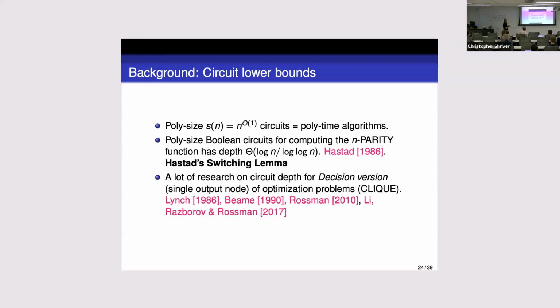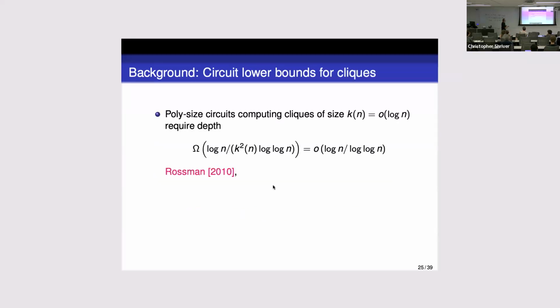Annoyingly, though, trying to prove similar bounds for interesting problems like independent sets or its mirror image like clique turned out to be pretty difficult. But there was a series of progress, and I'll tell you here the state-of-the-art result that says that polynomial size circuits that compute cliques of a particular size, it happens to be on a random graph, but slightly different regime, this part please ignore.